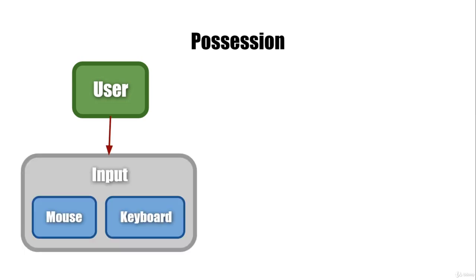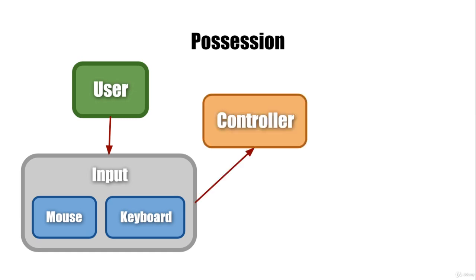So what role does a controller play? This is where we get into possession. When a controller possesses a character, it controls how that character moves. So why don't we follow the flow of information starting at the user? The user provides input to the game via devices like the mouse and the keyboard. This input information is then passed to the controller. Now, the controller takes that information and uses that data to move the character, but first it passes it over